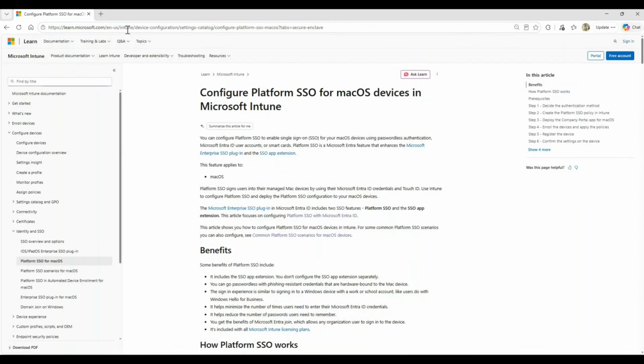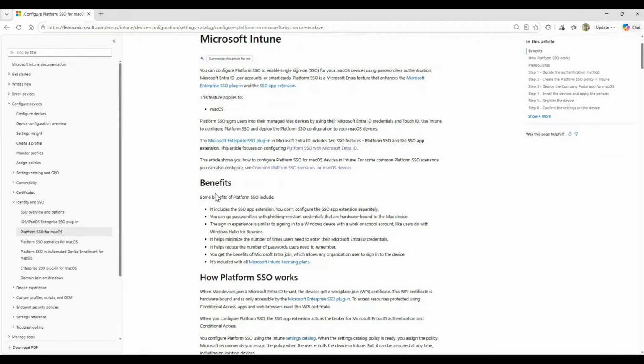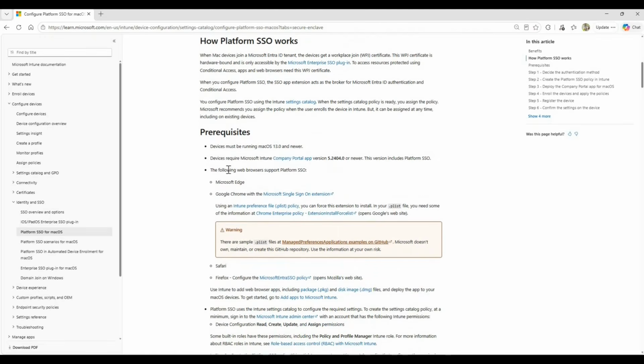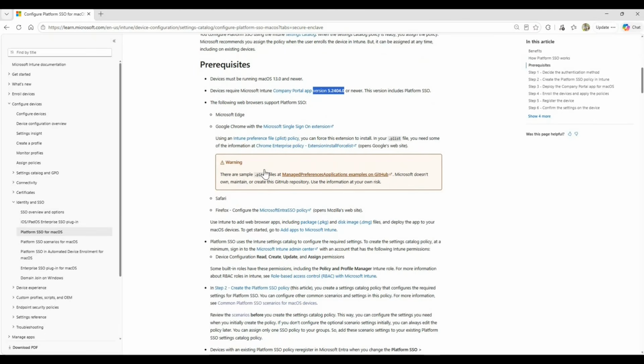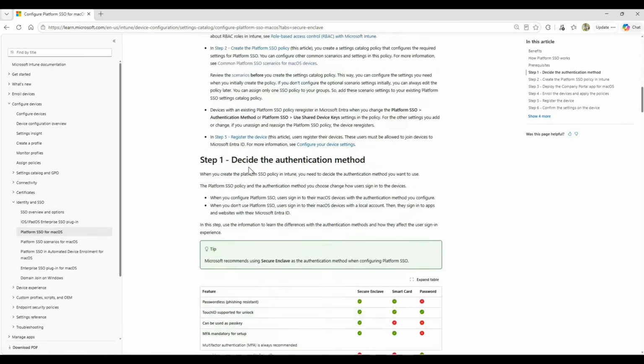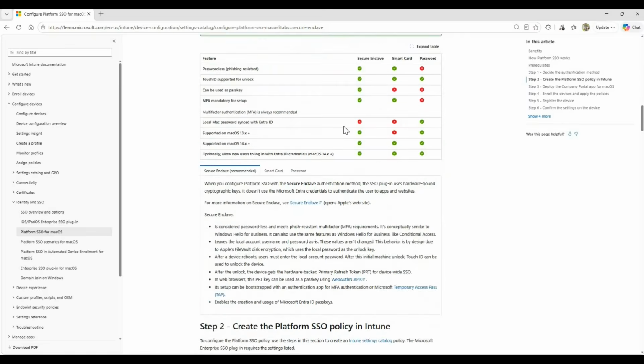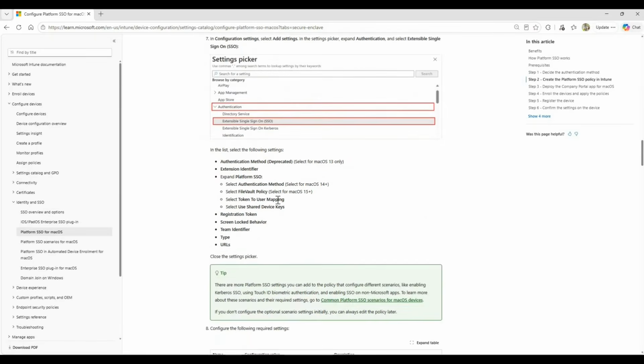This actually redirects to the official Microsoft documentation on Platform SSO, and it talks about all the things in a pretty verbose format. It starts with what are the benefits of PSSO, how PSSO works in the background, what are the prerequisites, the version of macOS, the version of Company Portal, the browsers wherein it's supported, and then the different flavors of PSSO that we have, that is Secure Enclave, smart card, password, that we have already seen, how to decide which one you want to use, the policy that you need to create,